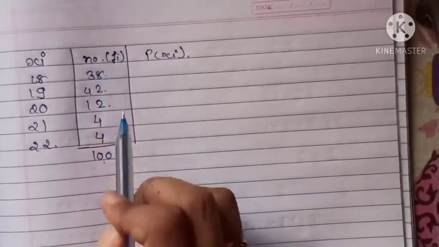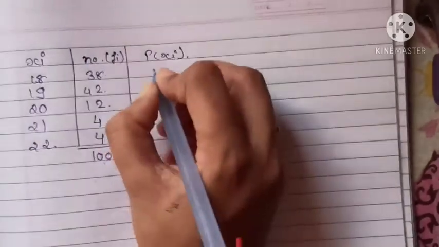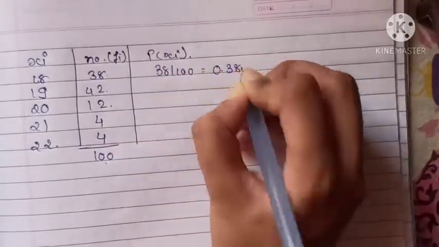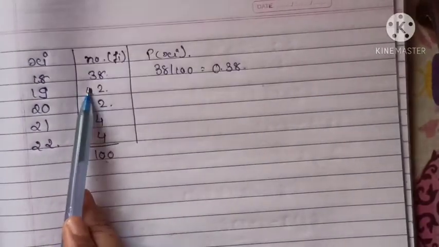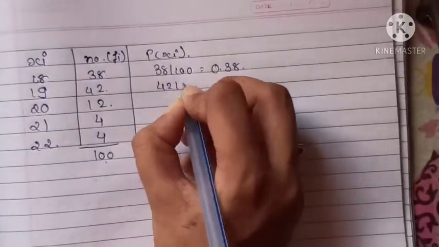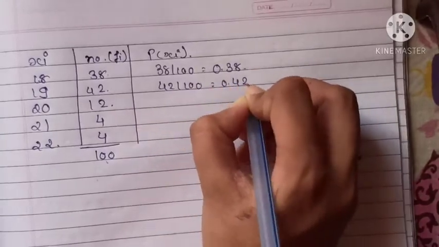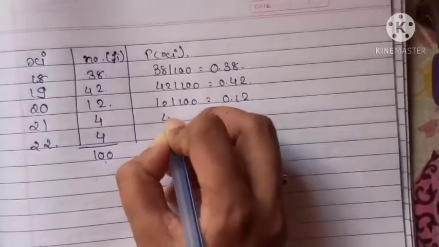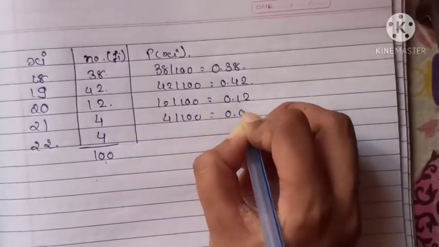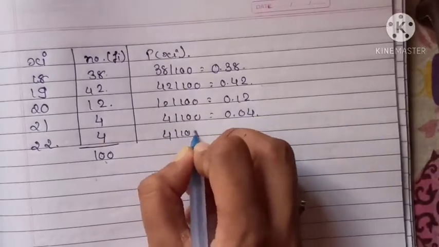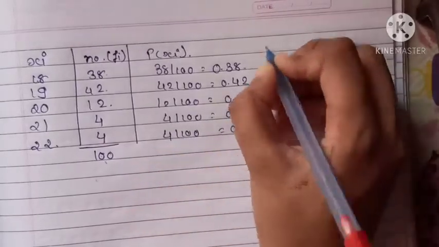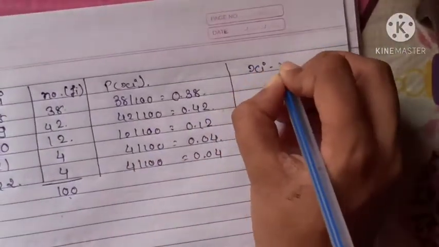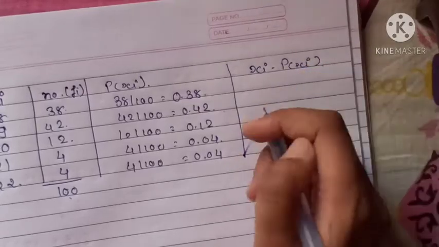Why? 38 C1 upon 100 C1. So आंसर आएगा 38 by 100. That means 0.38. Similarly 42 by 100, 0.42, then 12 by 100, that is 0.12, then 4 by 100, that is 0.04, and again 4 by 100, that is 0.04। वो हमारा PXI हो गया। हमें फाइंड करना है XI into PXI, that is